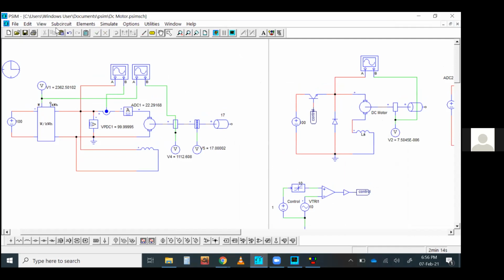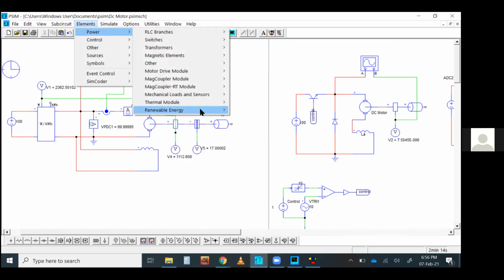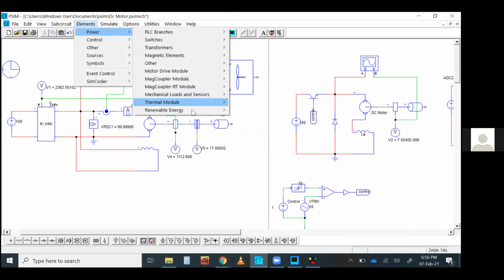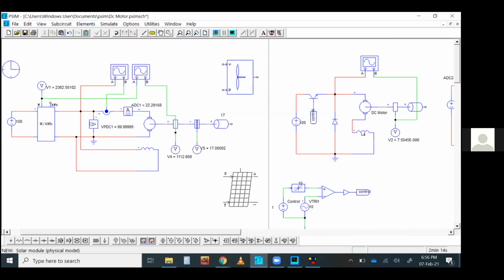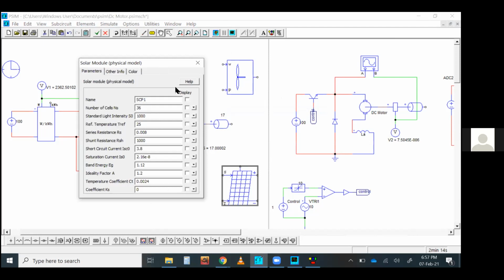And another good thing is you can also simulate solar modules, which are available. So you can simply go here, renewable energy. You got this wind turbine model. So if you give the wind speed here, pitch angle here, you can accordingly get the output. You can connect it mechanically with any shaft or any motor. Same goes for the solar PV physical model. This is the solar radiation. You give the radiation with the temperature, accordingly you will get the output. It will exactly follow the solar cell characteristics. These are the parameters. You can always change it.